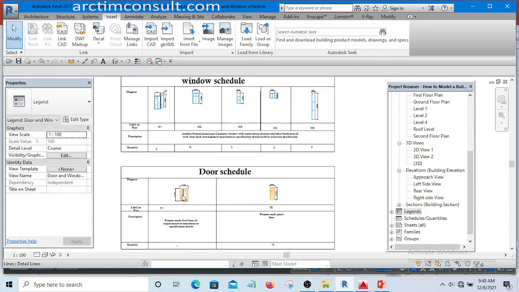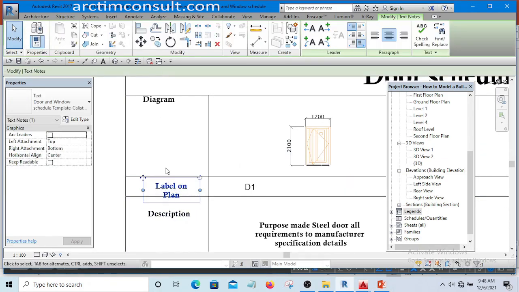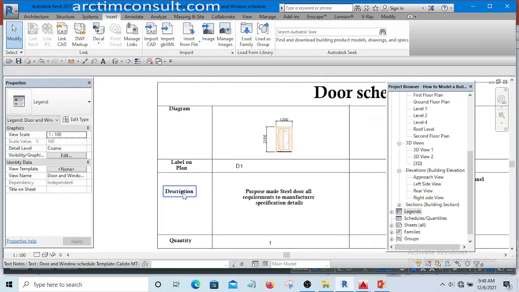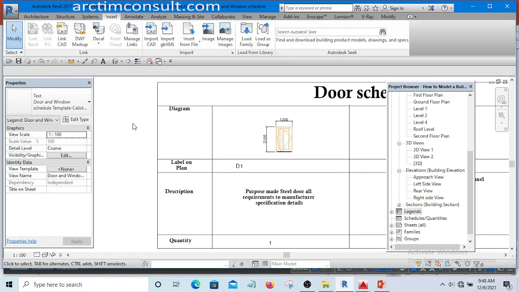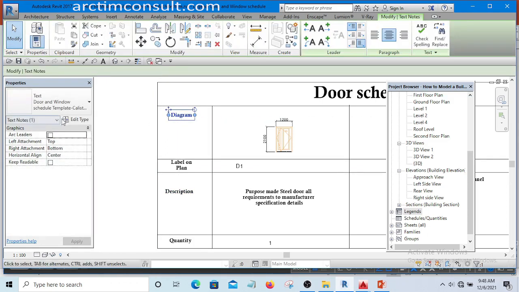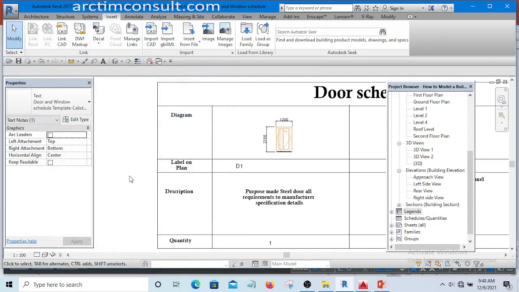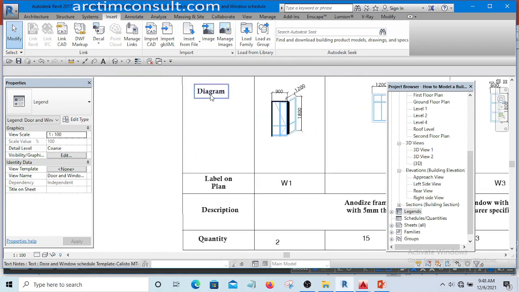Okay, then these ones are looking small, so I'm going to increase their size. If you look at it, see the name here. Let me increase the size of this one. Increase the size to text size. Okay, it has the same name as this. So what I would do is to give it a different name,